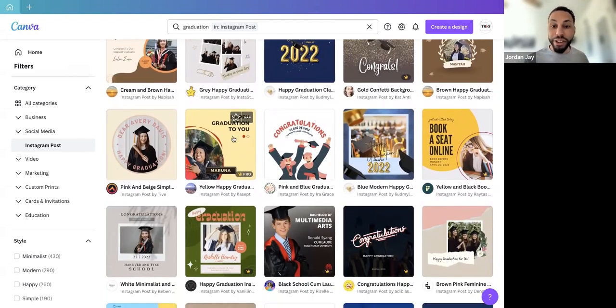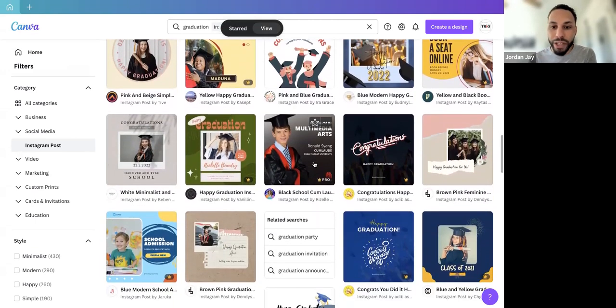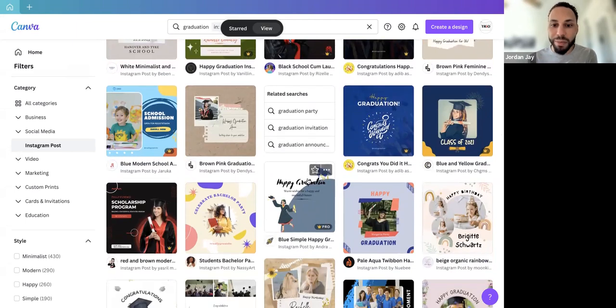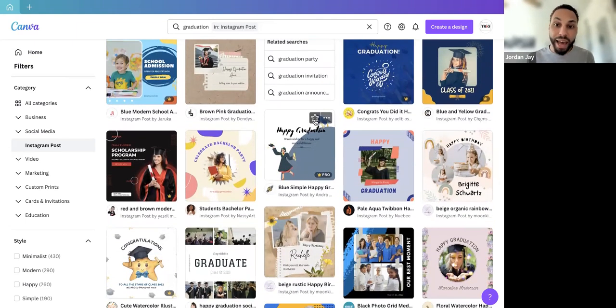I mentioned earlier that you can star templates. And so that's just right here. It used to be in the three dots, but now it's just accessible right from hovering on it. So this is a wonderful feature because I'm always just seeing something like, oh, I like that. I'm going to use that in the future.